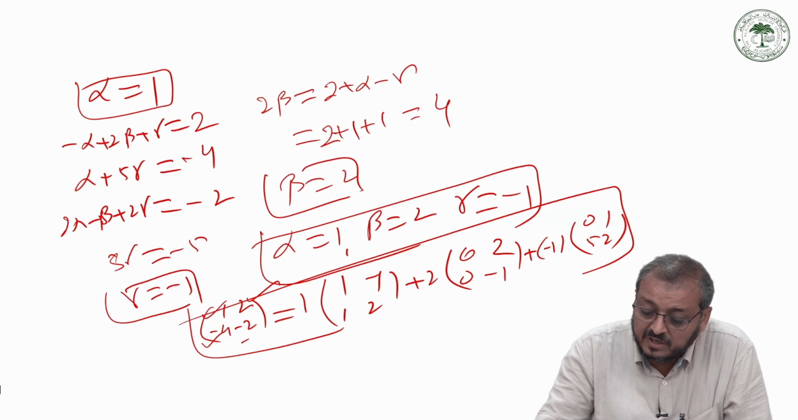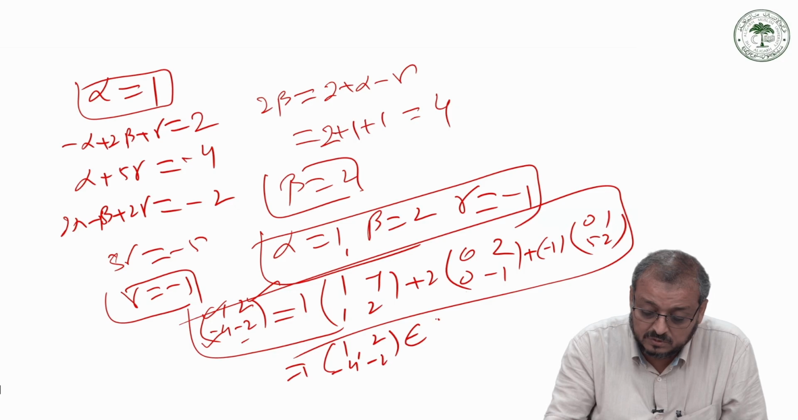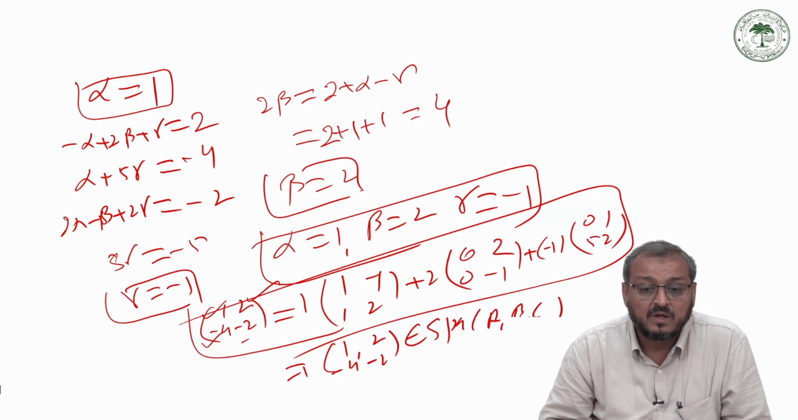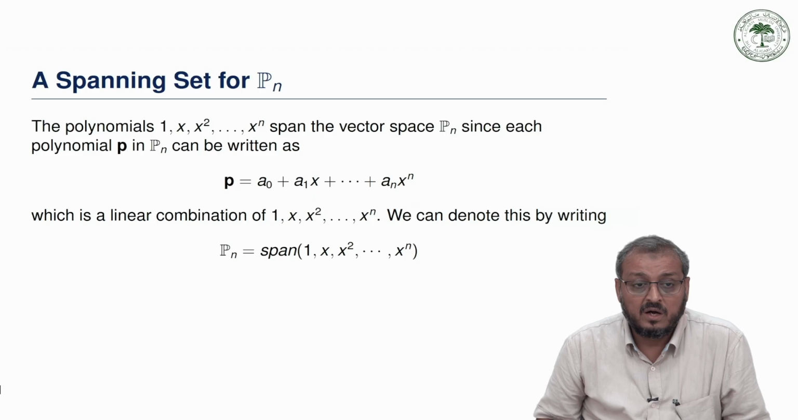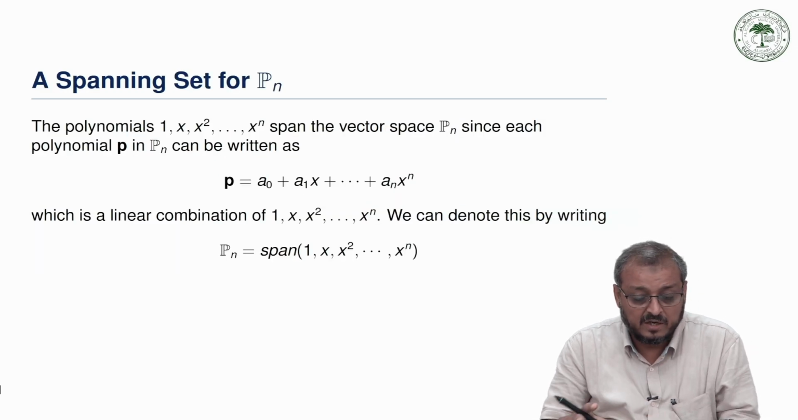So this means clearly we can write that this is equal to (1, 2, -4, -2), which belongs to the span of A, B and C. Okay, so now I will end this session with